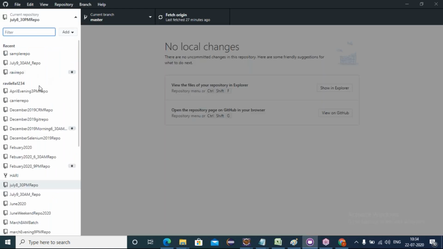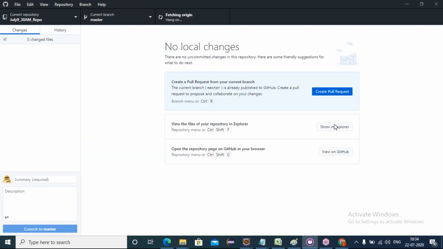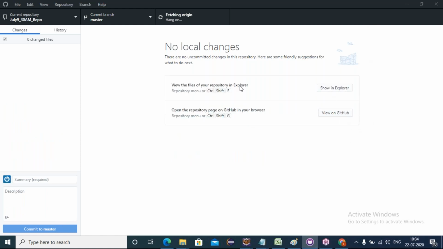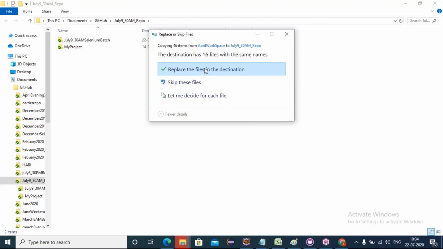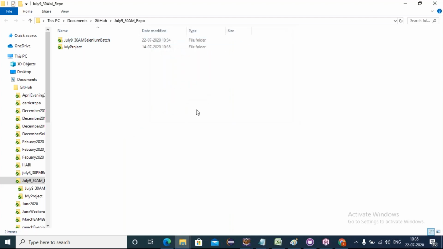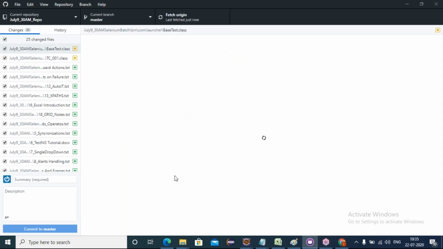Ours is the 9:30 a.m. repo, right? Let's show in Explorer and paste it here. Replace. Locators creation, and we add the document. Commit to master.